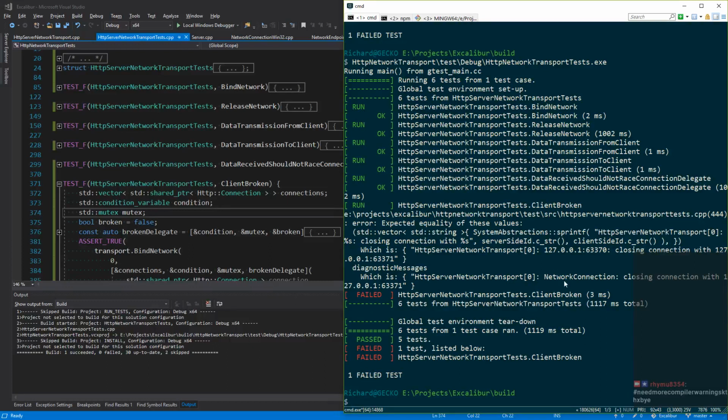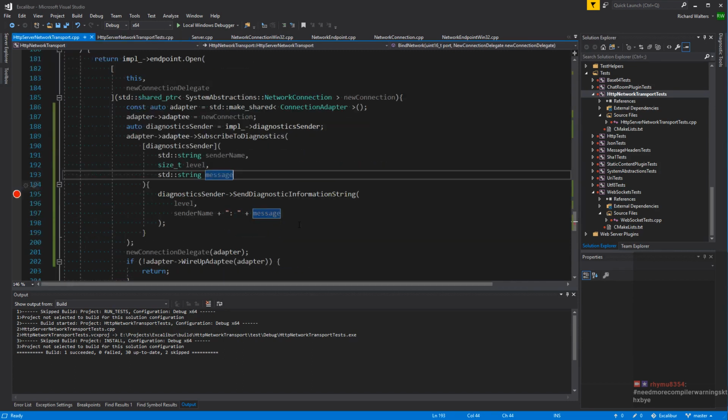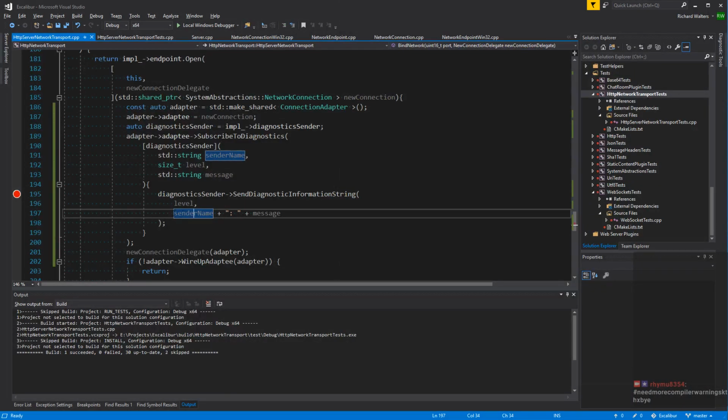Okay, we got it, but the format's slightly wrong. Okay, yeah, so we need to replace the sender. The sender is sort of useless information. Where is that? Here? We don't need this sender information because it's always going to say network connection. Instead, we kind of want to print out... Can we print out the